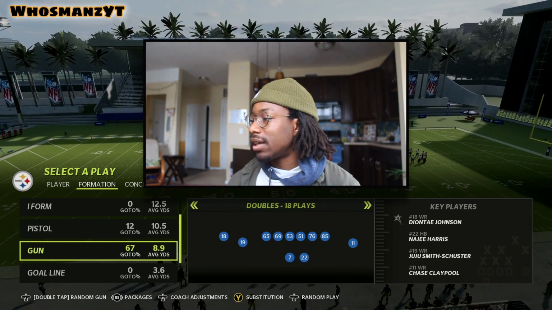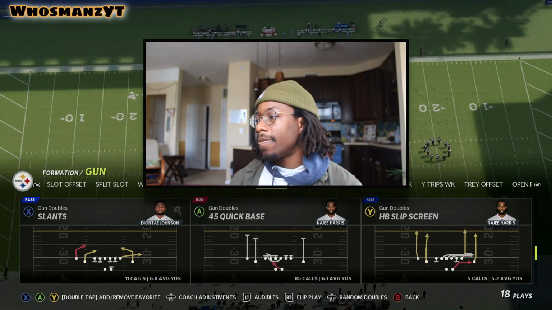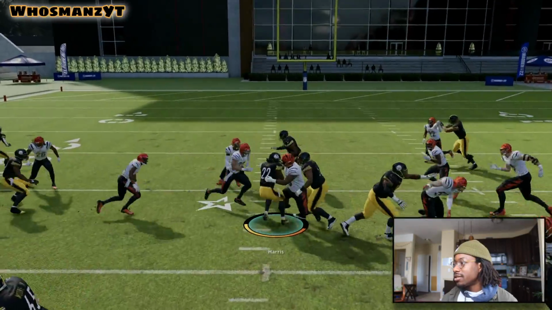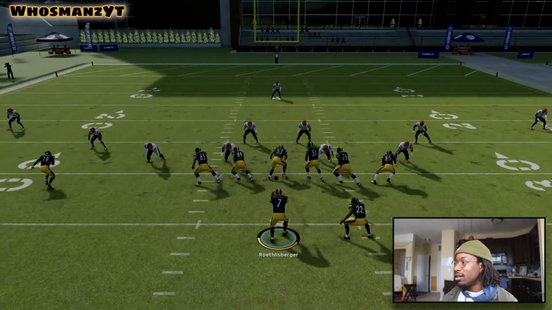Another formation that I like to run out of is this doubles, mainly because if they start shooting that zone run, you have this 45 quick base, and it's a power run. You wait just a second, pick up your couple yards, but it's really nice if they have 5 in the box. I just clicked, and